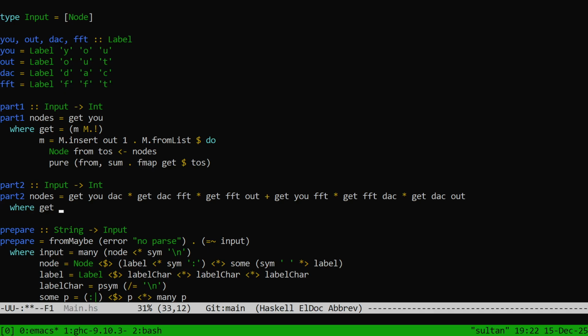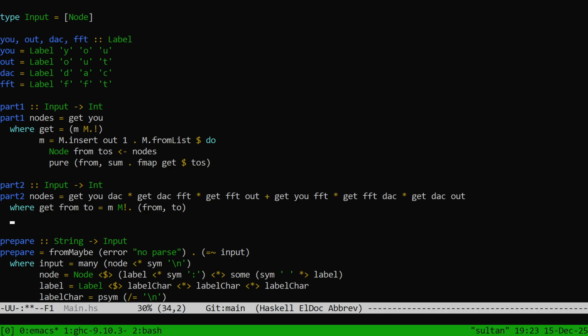Get of 2 is m lookup from 2. So now we have to build this m. M is m insert union, I guess, because,